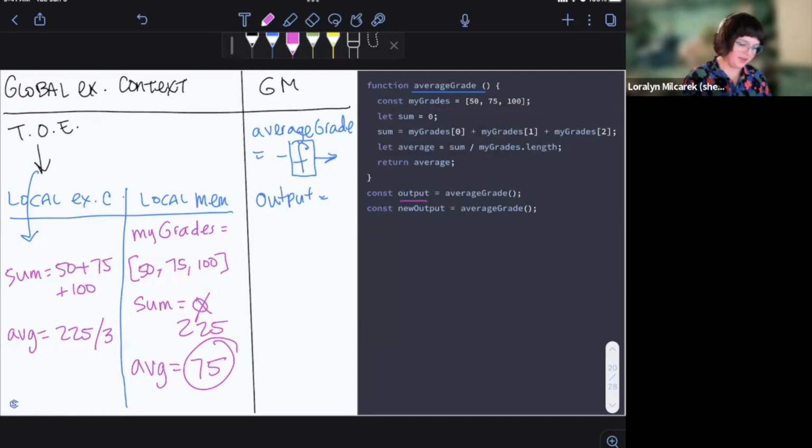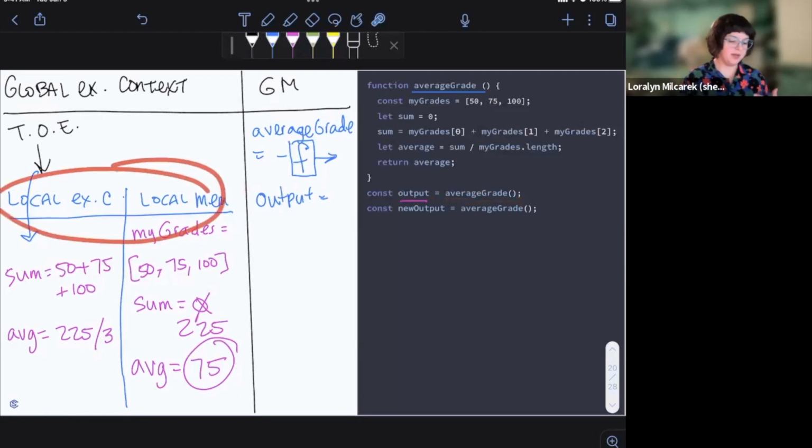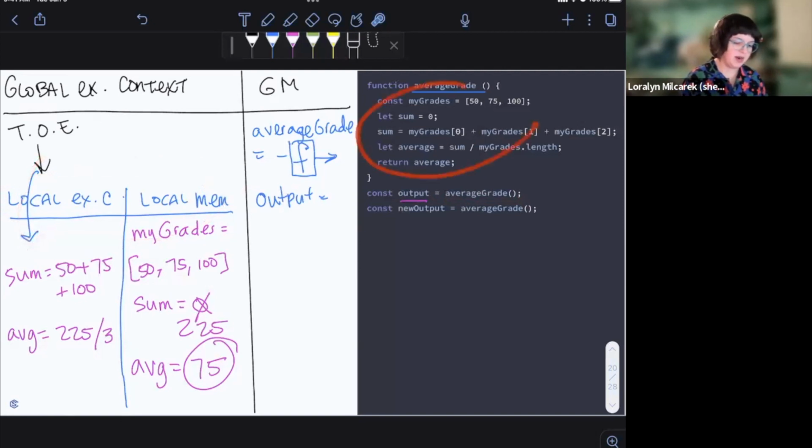And so this is what started all of this: declaring this variable output in global memory and assigning it the value of the evaluated result of invoking our average grade function, passing in no parameters. So that opened up our local execution context and our local memory and moved the thread of execution into our average grade function. Because when we invoke the function, we are going and running that code inside of the function. But we don't have a value for output yet because we have to run through all of these lines of